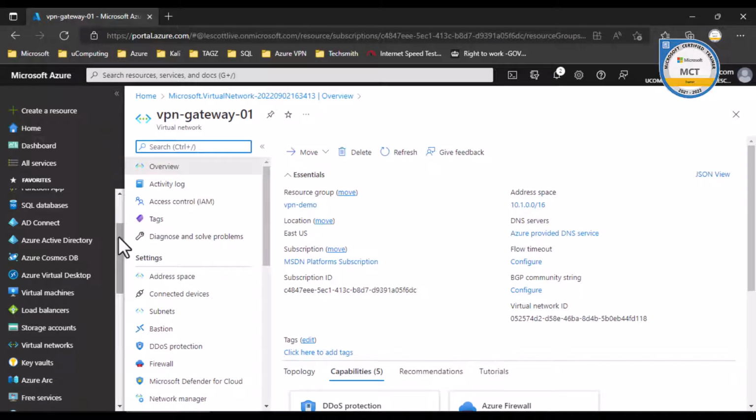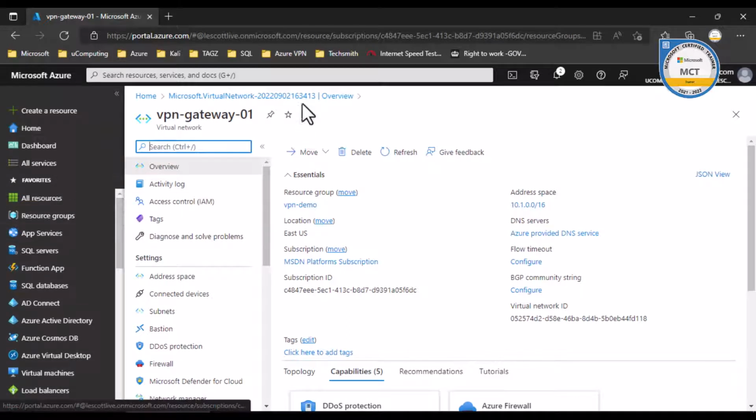Now, the next thing I'm going to do is to make sure I create a resource on Microsoft Azure that is going to be hooked to this VNet, like a virtual machine, because at the end of the day, I want to establish a communication between resources like virtual machines on Azure and then my on-prem devices. So I'm going to create a Linux Azure VM real quick and then connect it to this virtual network